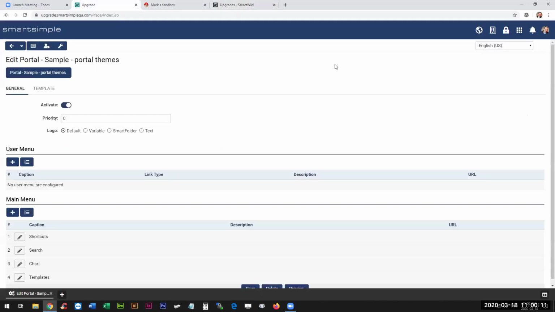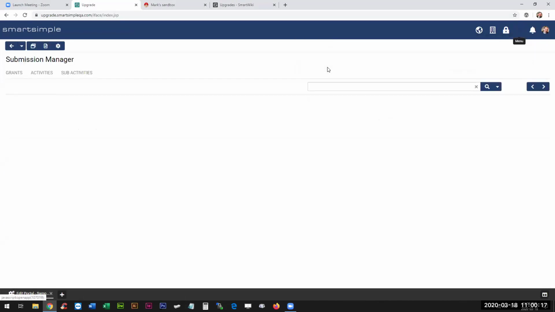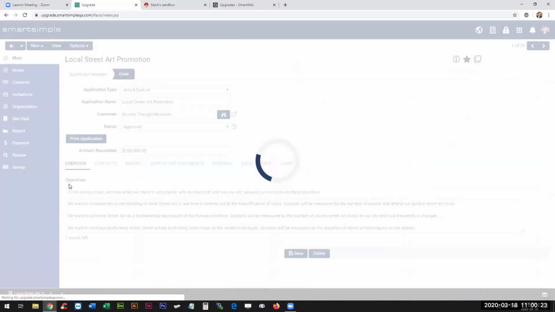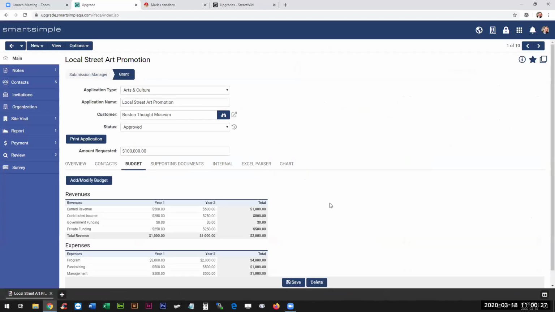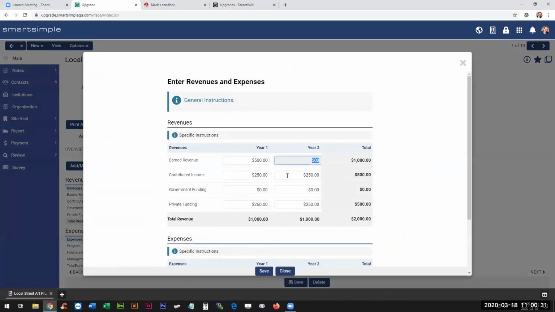But I will talk about advanced data tables. I know we've been talking a lot about Excel parser, and I'll talk about that another time, but I'm going to talk about advanced data tables. A lot of people have advanced data tables, which used to be known as XMLs, and we use those to make budgets like this. So I would click this, I have a budget I can fill in,